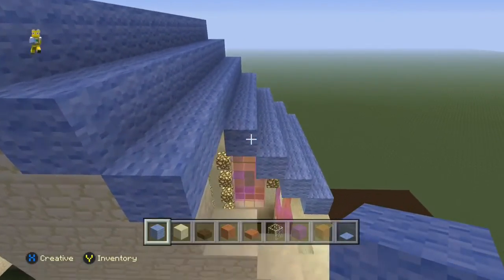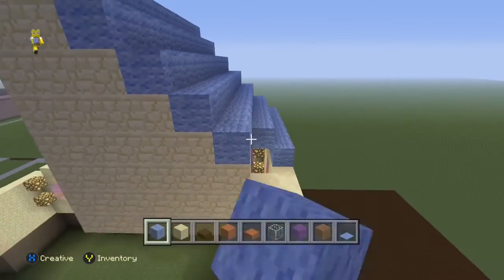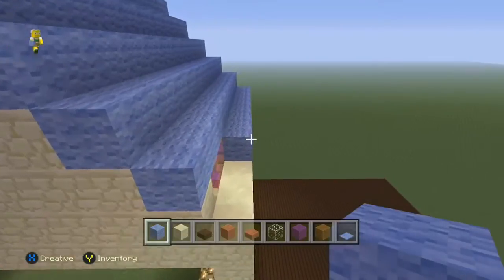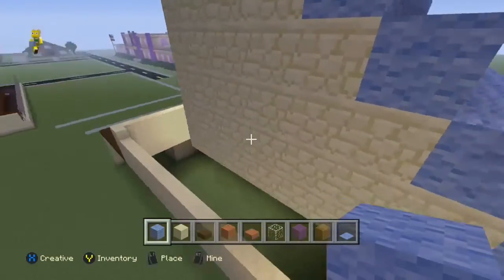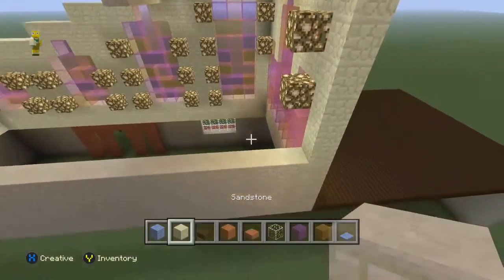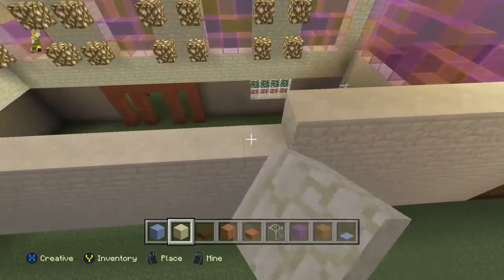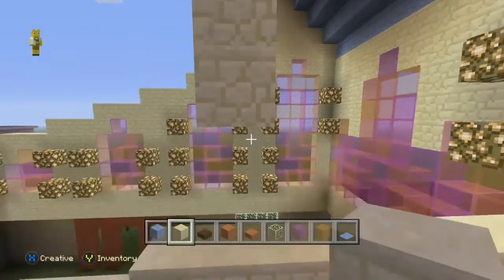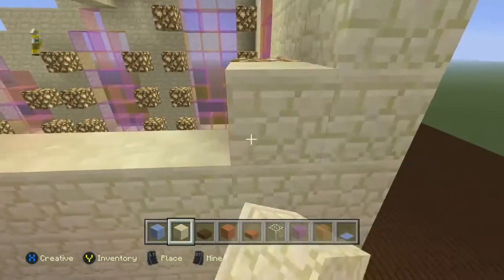So like I say, that top layer with the carpet, I actually do use a full block of light blue wool, really because it just suits me more that the roof is sort of higher. I just hate the whole thing of a whole block, but at the same time it is the only way to build within Minecraft, and for everyone to be able to build, there's no point having texture packs on. So it is annoying, but like I say, if anything, that's due to size. You can always go bigger to make that look better,